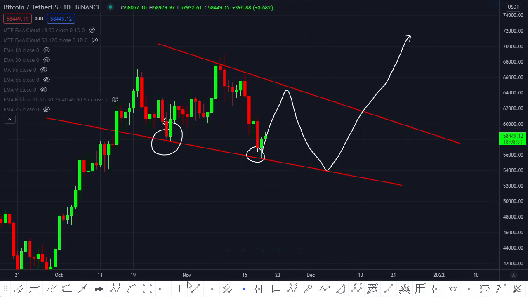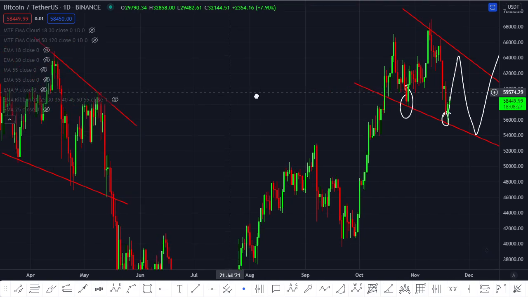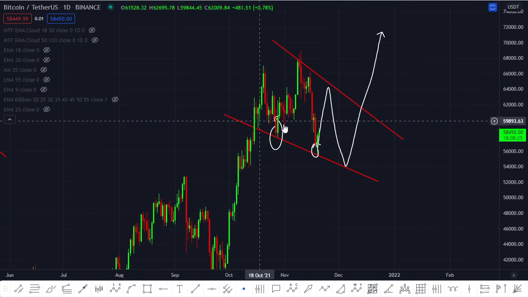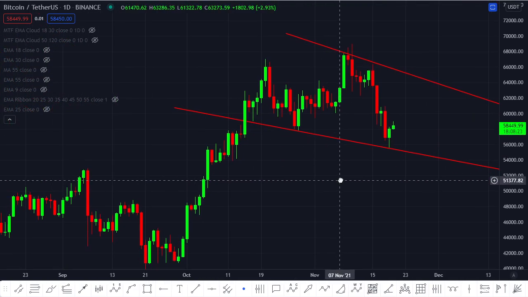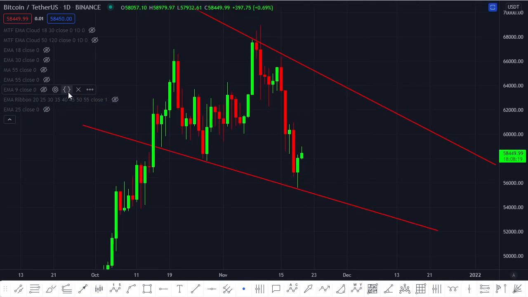But the worrisome thing for me is a repeat of May. This is what's worrisome. Now, why is this worrisome? I'm going to explain why as well. Let me show you. So before we go into why I think it's worrisome, for now, the first key level to hold, or to break, for BTC to become bullish again, is that